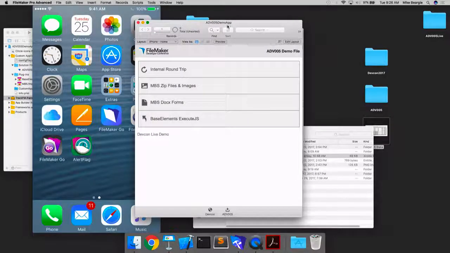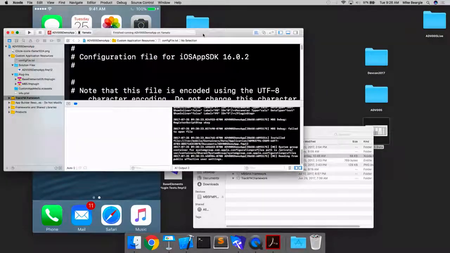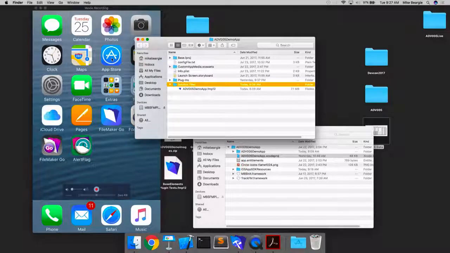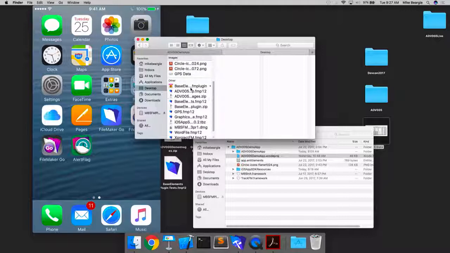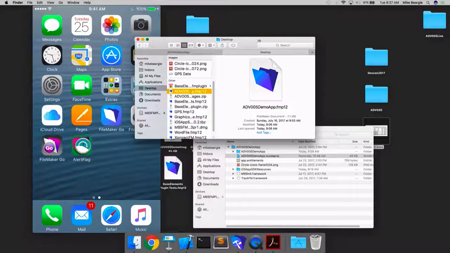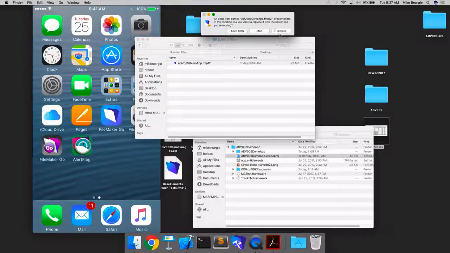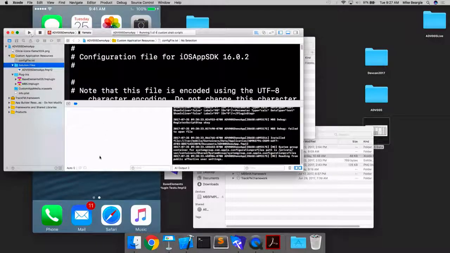So if you make an update to your FileMaker file like we did for this live demo, all you have to do is take that. I'm going to close that out first and go to my solution files. You really only have to replace this file in here. I'm going to tab, go to the desktop, grab that file, go back here, and replace that. That's it. So now if I hit play again,